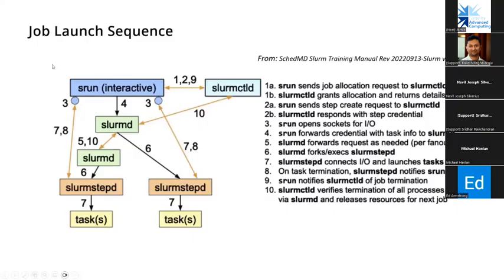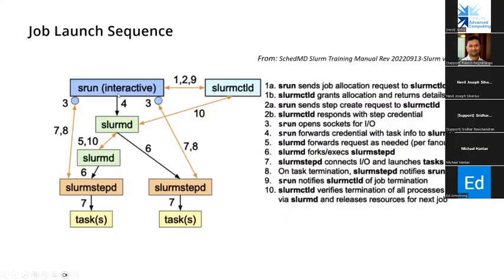This particular figure, I have taken it from the SLURM training manual from SCEDMD. Essentially, when we submit a job, we are submitting it using sbatch, salloc, or srun. These are the three commands that are used to launch a job to the cluster. When we do this, what typically happens is